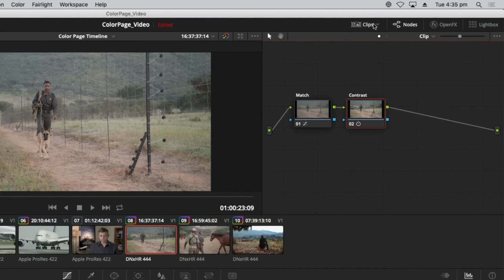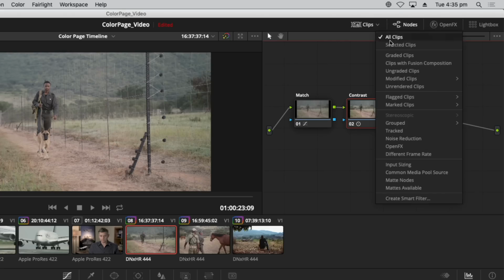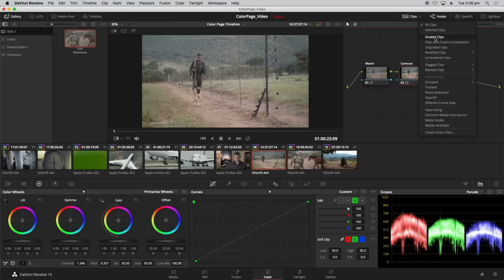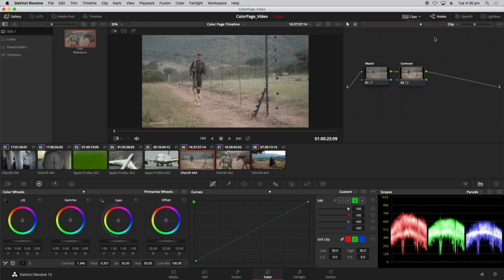Well, it's located in the Clips button. When you click on the drop-down arrow next to it, you reveal all the different filter options that you have access to. These are pretty straightforward. I really like this one called Graded Clips. So if I was to select that right now, I can review what I've graded,